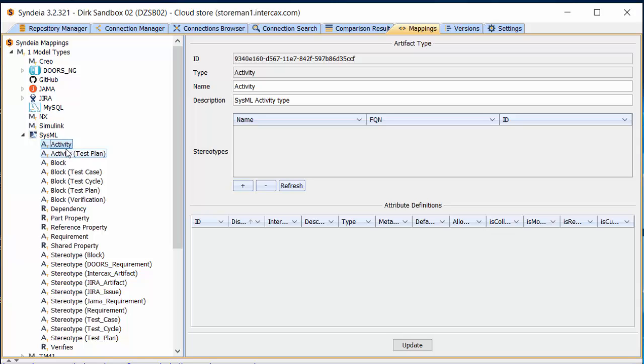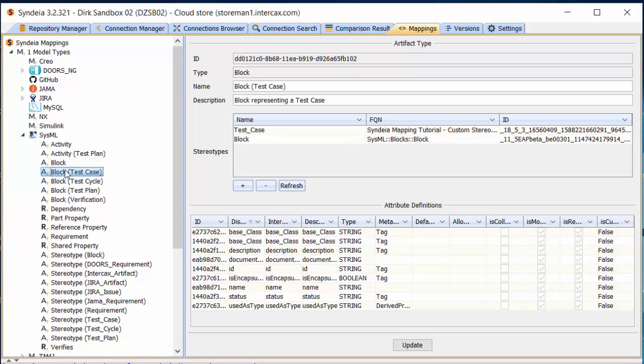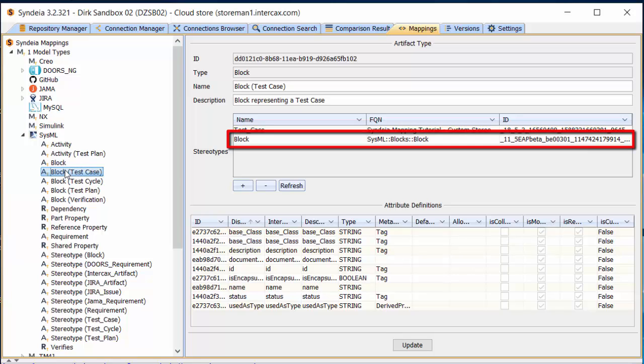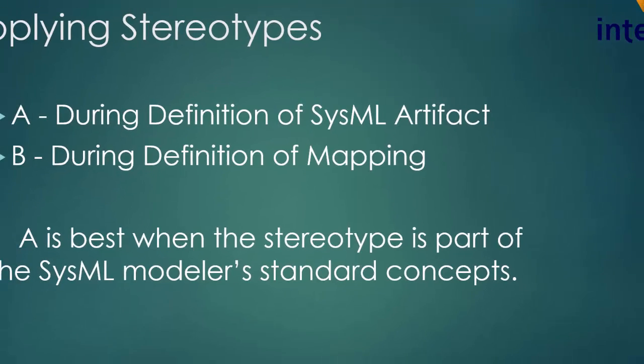We can see similar effects for block-type SysML artifacts. Block has only a few attributes. Block test case has many more because of the added test case stereotype. However, block and requirement are special cases in defining artifacts. They require that we add the block or requirement stereotype directly when we define the base artifact type and the more specialized types. This is not true for other standard SysML elements, including activities, state machines, use cases, and so forth. So when do we